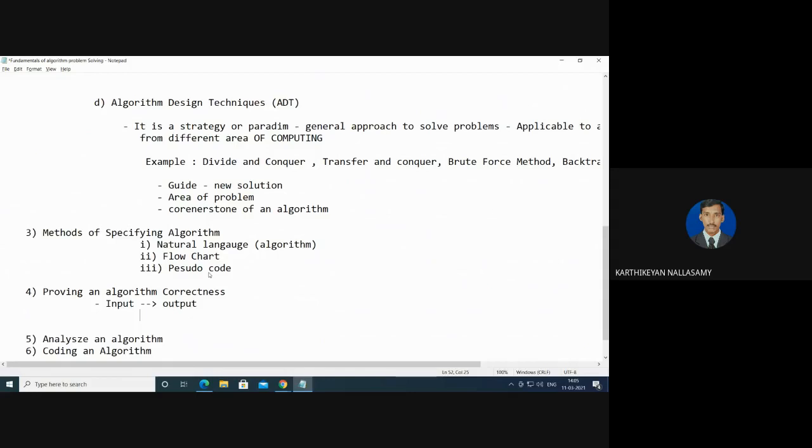So from there we have to prove that the algorithm works for any kind of input. That is called proving correctness. Assume the algorithm is not giving a correct answer, meaning there is a problem in the test cases. Then we have to go back to step number 2 and repeat.